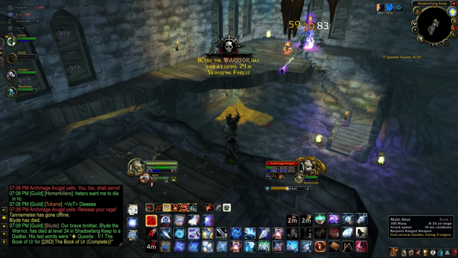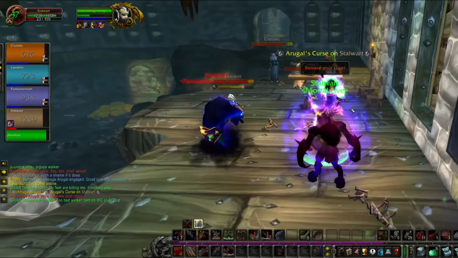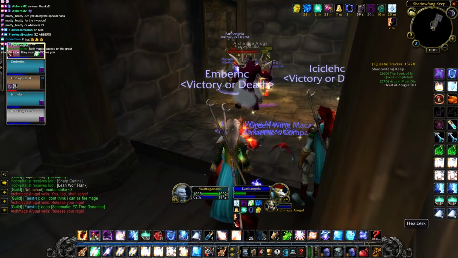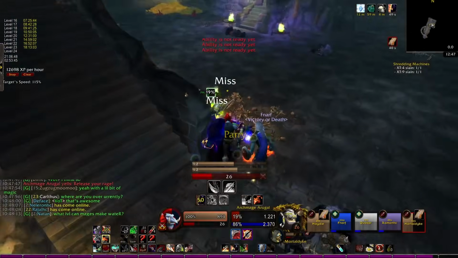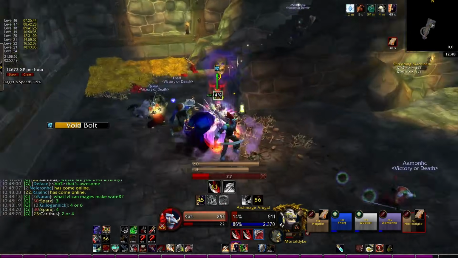His Void Bolt hits for 2 to 300, and he mind controls a random raid member for 10 seconds. If you do get mind controlled, have a plan. CC them, avoid that damage, and do your best to burn the boss ASAP as it will drop the MC. A backup healer can help if your healer does get MC'd, and remember, you can LOS those Void Bolts, so